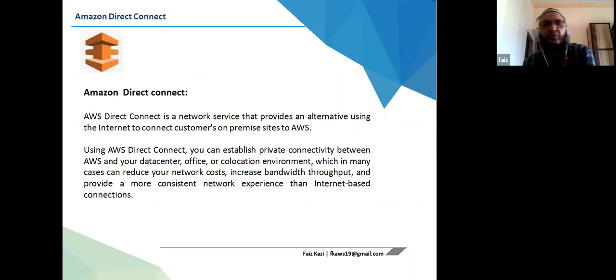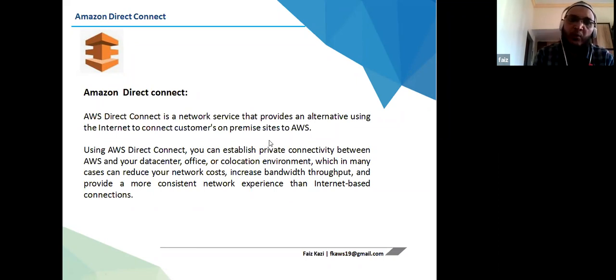But in a real-time scenario, an organization will not say I want everything on the internet, right? Because there will be lots of security concerns, lots of things can go wrong if everything is on the internet. And for compliance, your auditor will also not want every link to be accessed through the internet.